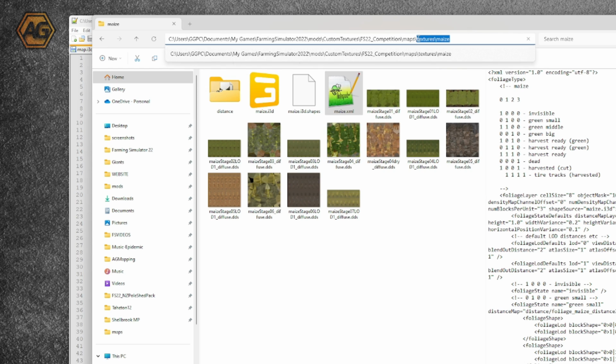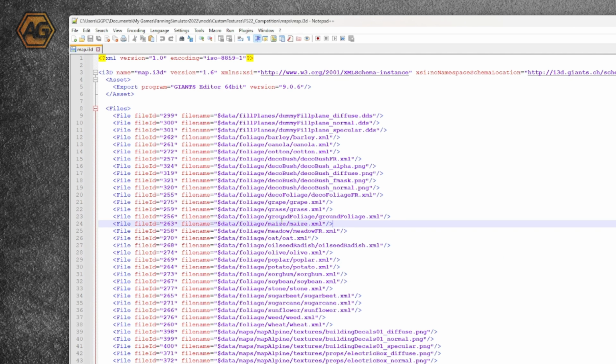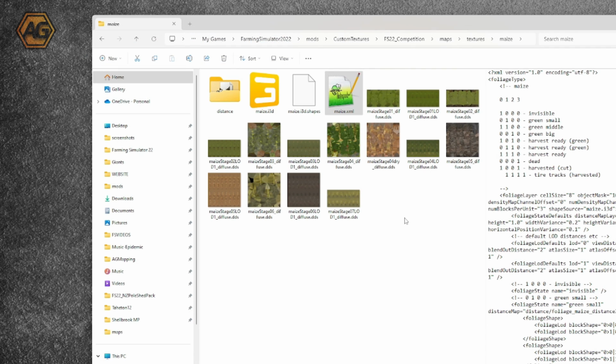Now we don't want the maps part, we just want it from the textures onwards, because it is relative to where things are stored. So if we just come in here, we're just going to get rid of the data foliage, then basically just tidy this up. So we want the textures folder, the maze folder, and then the maze.xml, which is under there. Now we should be able to hit save on that, close that down, and we're all just about good to